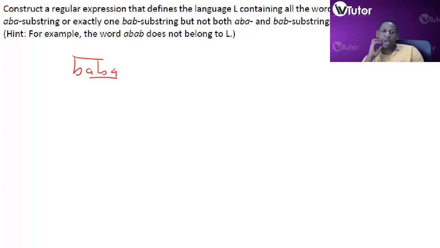So if you are going to do that, again, you're going to have a split, words that are accepted on one side and words that are accepted on the other. On this side, words that have got only one ABA substring, so you need an ABA in each and every one of the words, and this is never to be repeated again, right? So after this, you cannot have a B, so you need to have an A, right? If you have something, then you would need to have an A, and then you can have a B, right? So you can have an A, B over there,